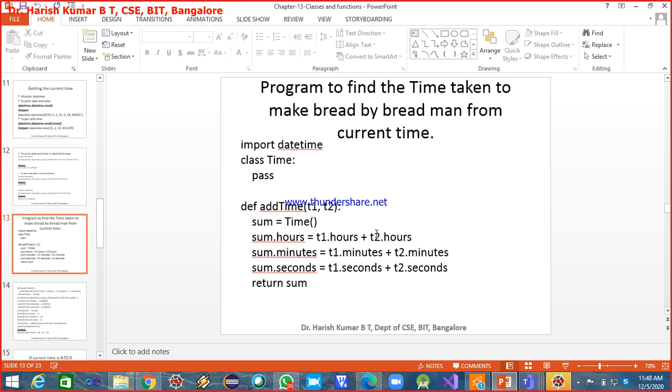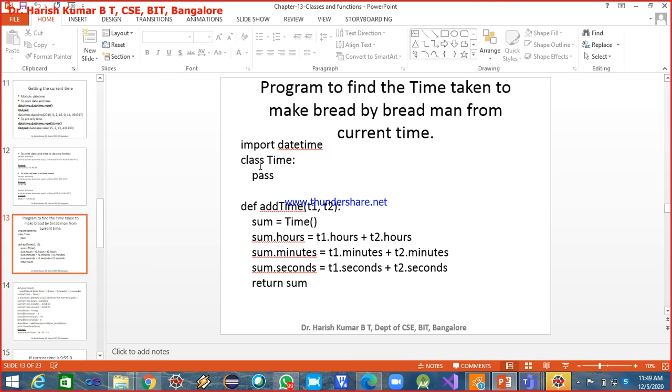And then I have a method with the name add time. This is the method which we are writing, and this method is taking two instances as the argument. Now what are T1 and T2? They are the instances, or the objects, of this class Time.